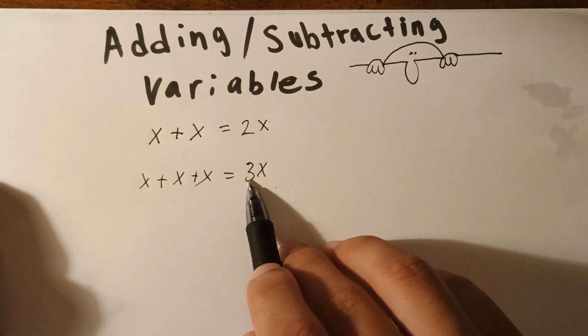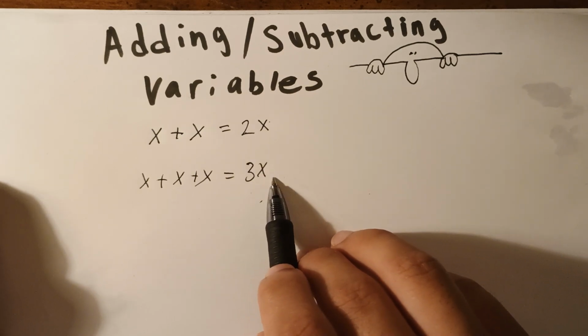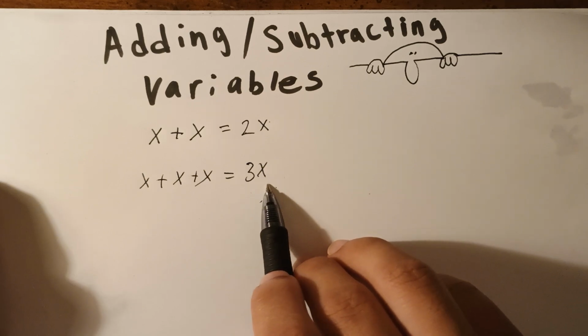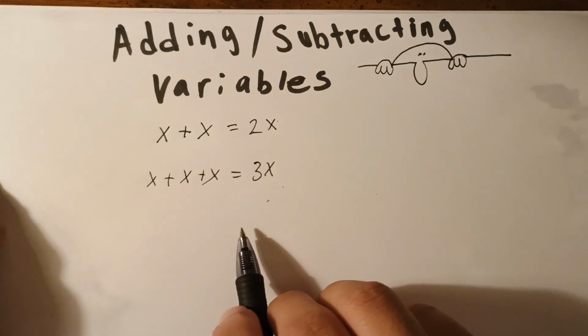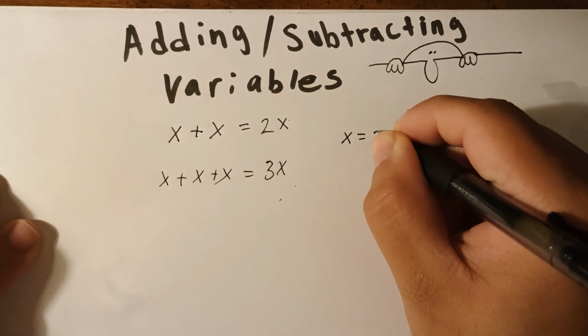When a number is right next to a letter like x, this just means multiplication. So this would be 3 times x, but you would just say 3x, right? Because if I had said that x is equal to 2,